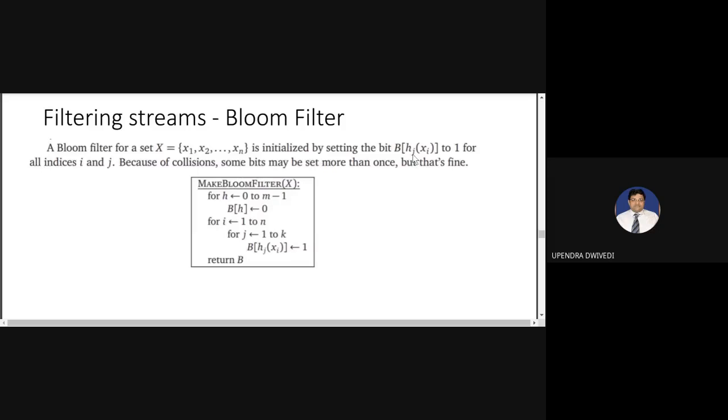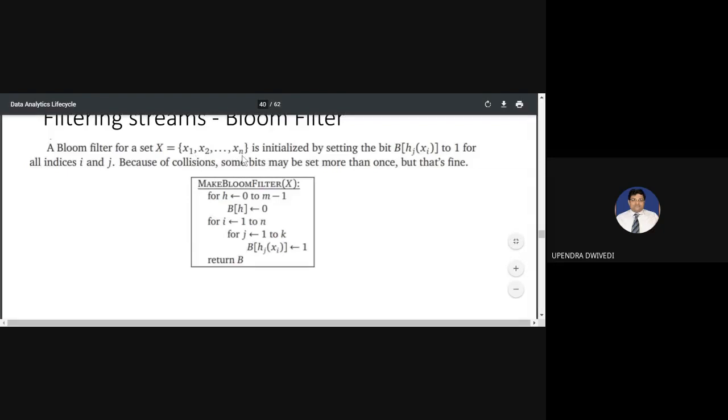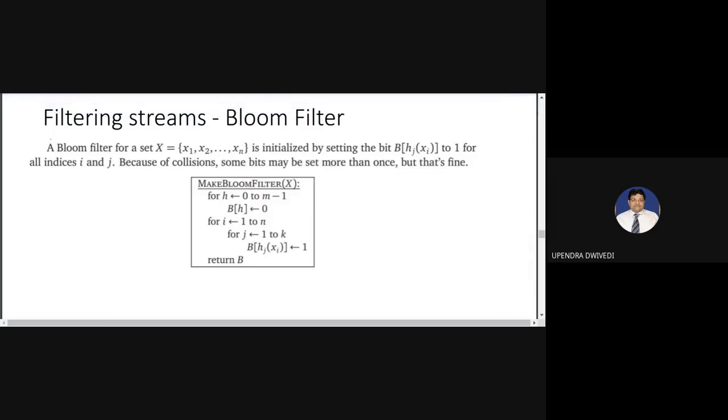You can see here that we are taking x_i, where i represents 1 to n, and we are taking h_j, which represents the hash function. Here j is a variable value, so j can take any value from 0 up to k. So you can see that we are not taking a single hash function, we are taking multiple hash functions and taking their values.